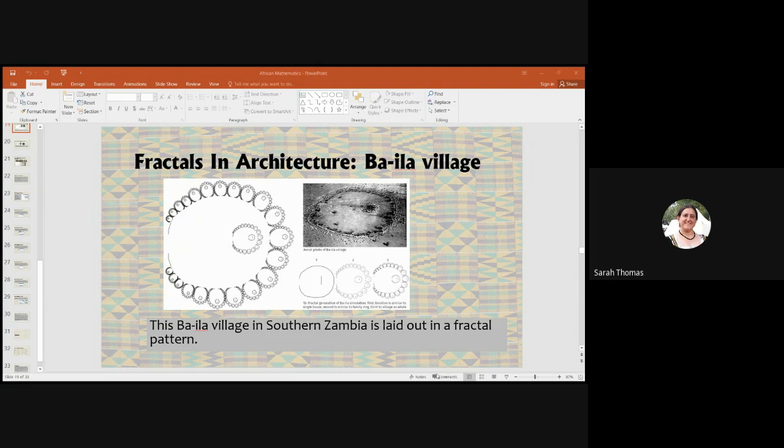It's a fractal structure. It is self-similar on multiple levels, and it makes it interesting because think for a minute how you would assign zip codes in a village or addresses in a village like this. It's non-linear. It's not Euclidean like we have, with zip codes and addresses and things like that. So they're actually looking into using fractals to generate addresses. It's kind of interesting.